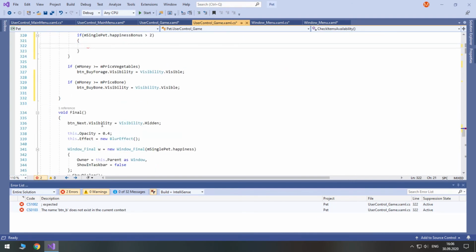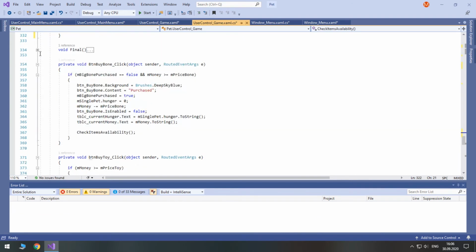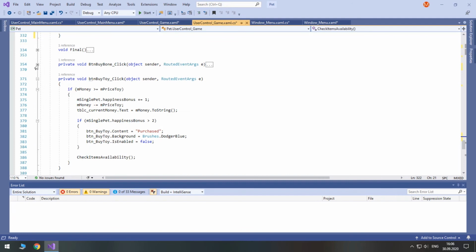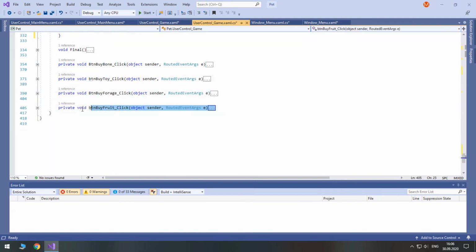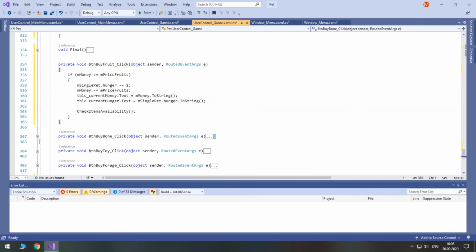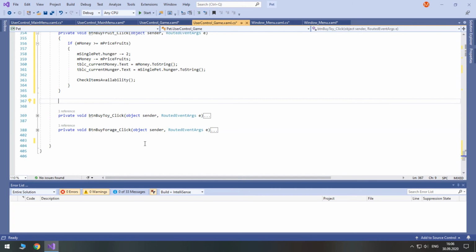Actually, I think we already have it somewhere. Also put these in the same order as well. Fruits to the first place and bone to the last place.